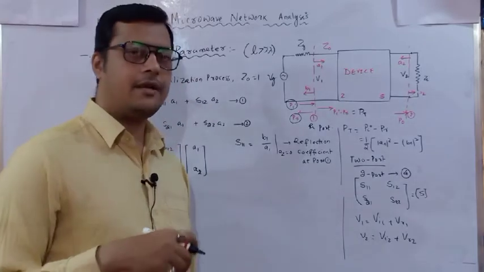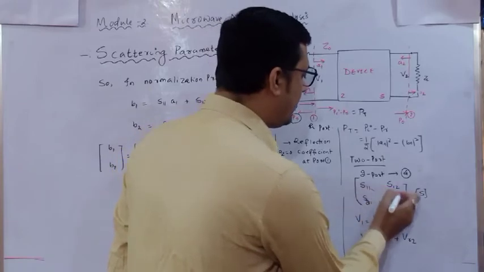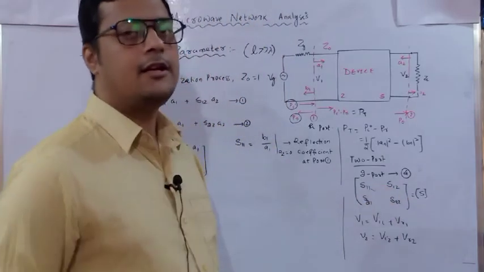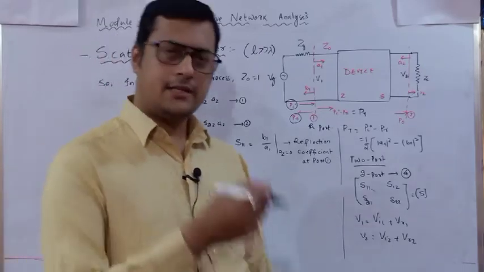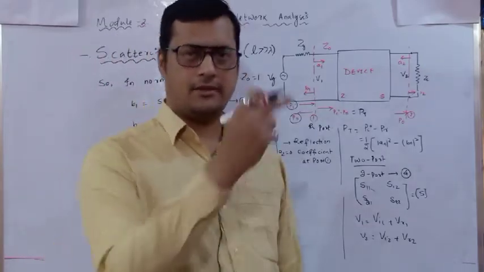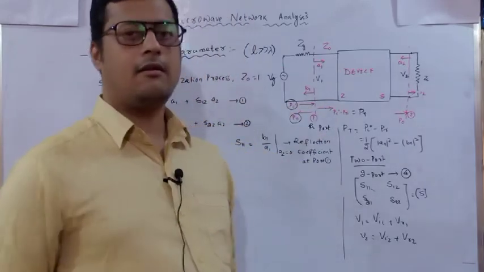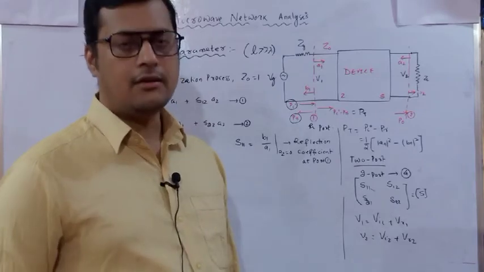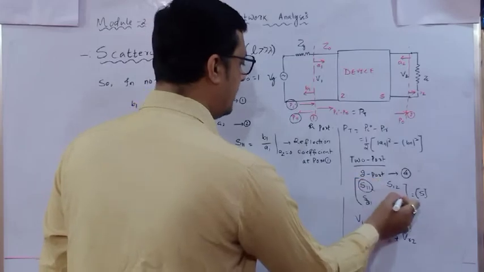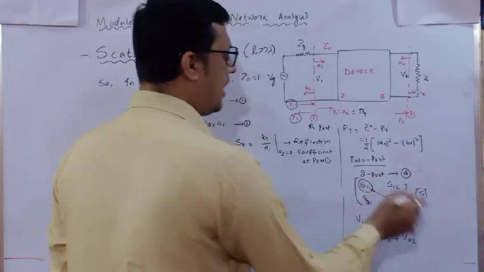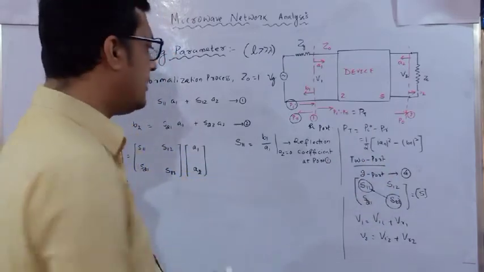Always remember that when we are forming this scattering matrix, the diagonal elements S11 and S22 are called reflection coefficients. If there are more than two ports, then also the diagonal elements S11, S22, S33, S44, S55, SNN are all called reflection coefficients. Remember that. So here S11 and S22 are the reflection coefficients at port 1 and port 2. Next,